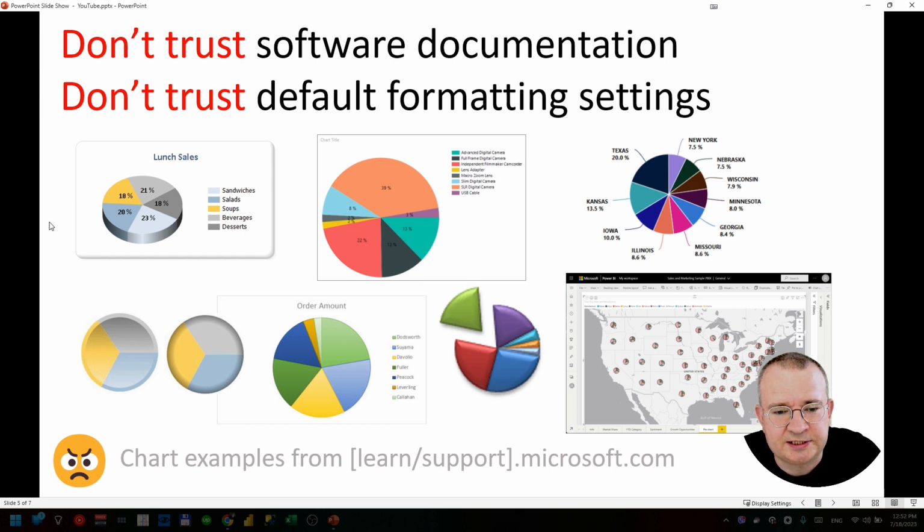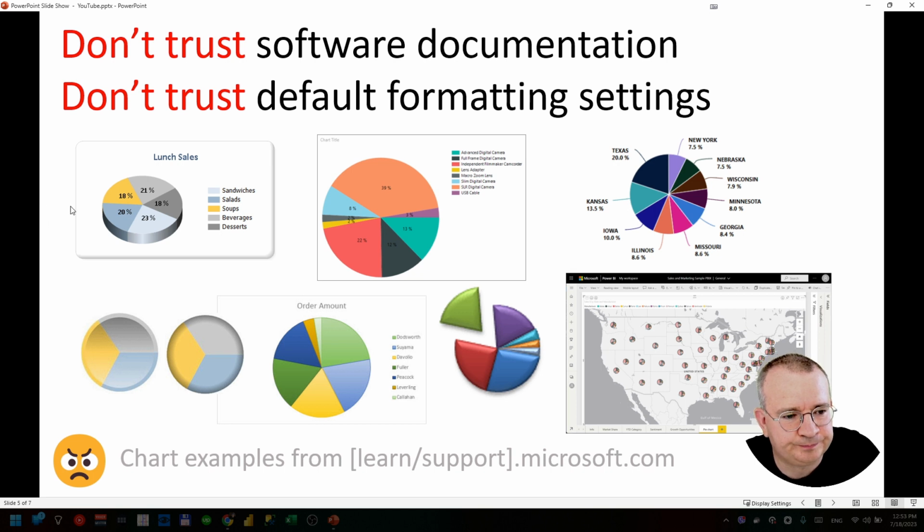All these examples from the documentation are just attempts to showcase what is possible in software and what are the default settings of the software, but not the examples of what you can and what you need to do to explain your data, to understand your data better by visualizing it.